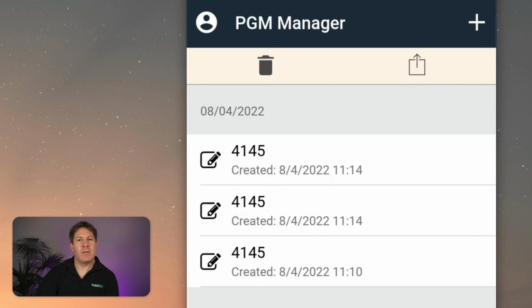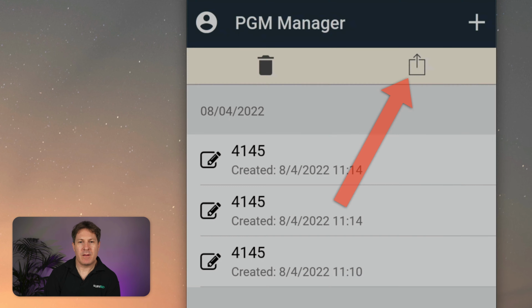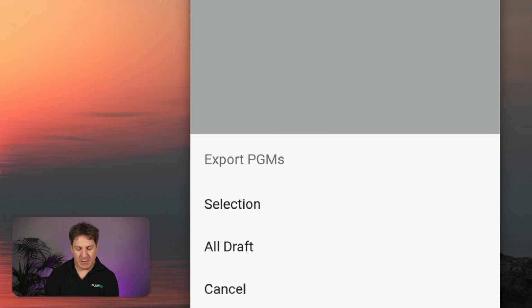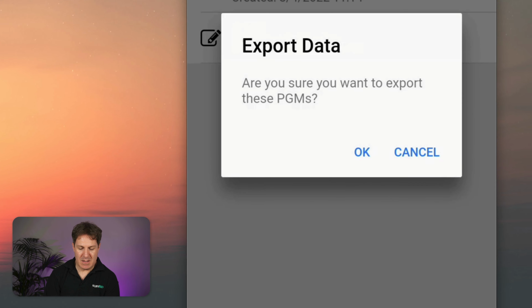And so you just go through while you're out on site, creating the list of all the PGMs that you install. Once you're ready to export them to the SurvAid cloud platform, you tap on the export button at the top right, and you've got a choice. You can either choose which ones you want to select individually, or you can choose all a draft, which I'll do here,